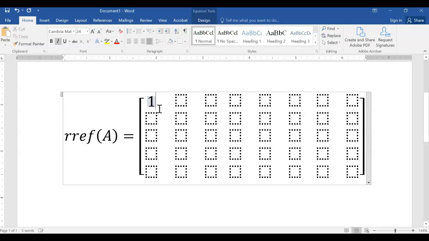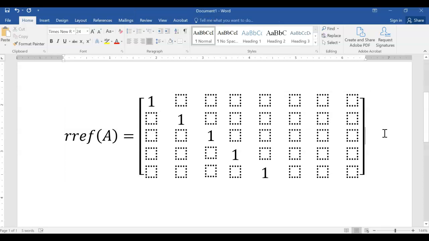I could have as many as 5, because you can get ones on all the diagonal. You can have the first 5 columns be pivot columns. But you can't get any more than that, because to get any more than that, you need extra rows. So the largest rank possible